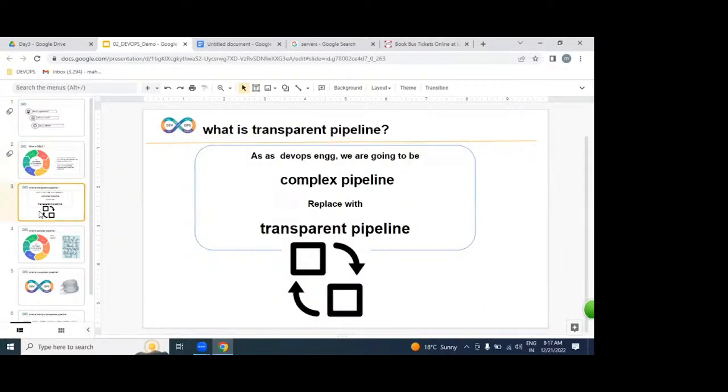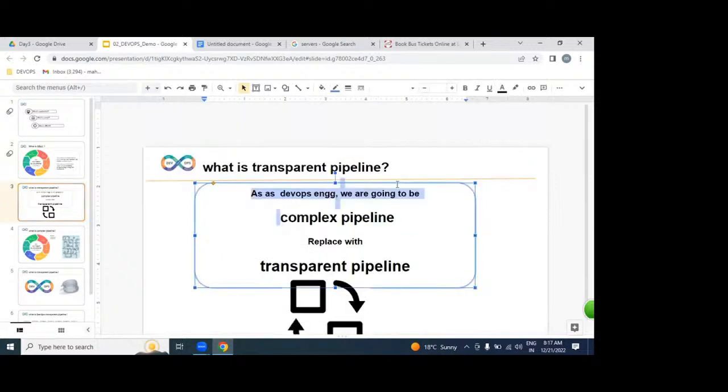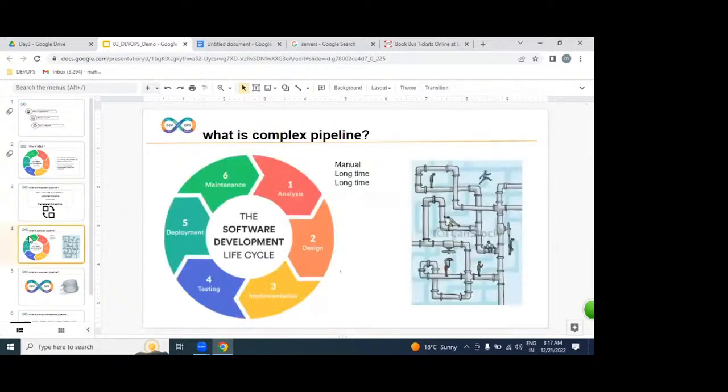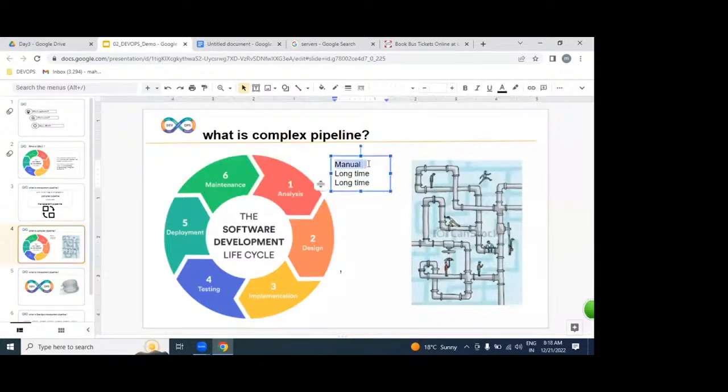But as a DevOps engineer, what are we going to do, guys, please? As a DevOps engineer, what exactly are our roles and responsibilities? Replacing the complex pipeline with a transparent pipeline. So what exactly is a complex pipeline? SDLC is complex. Why are we calling it complex? Because it is a manual process, from analysis to design to implementation, testing to deploy.